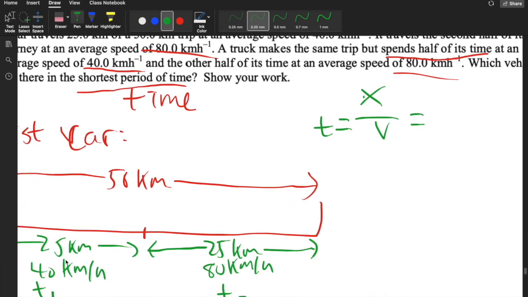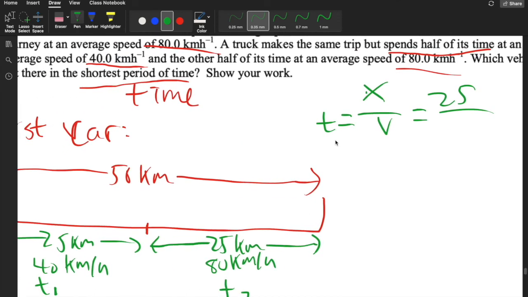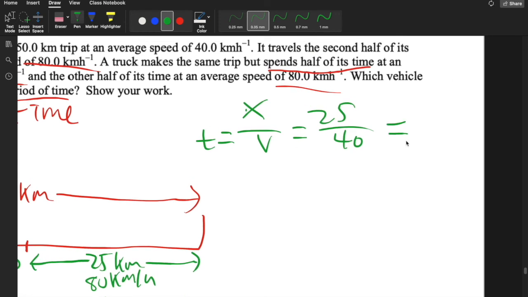So for the first part, it will be 25 over 14,